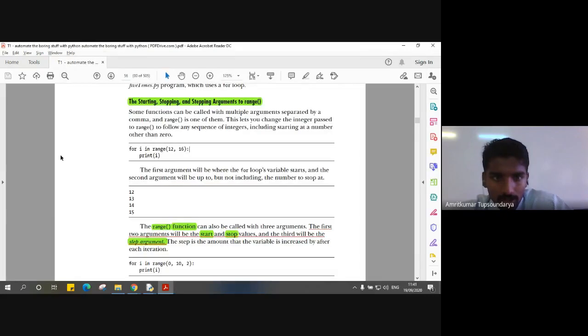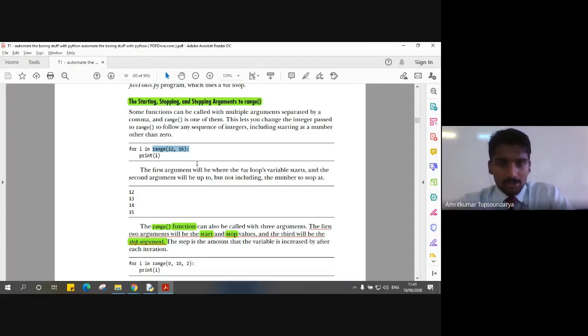Now, unlike the earlier one, in this range function we are passing two parameters. As you can clearly make out, these parameters are nothing but a starting point and a stopping point, a lower limit and an upper limit.